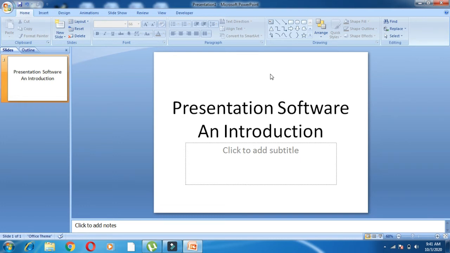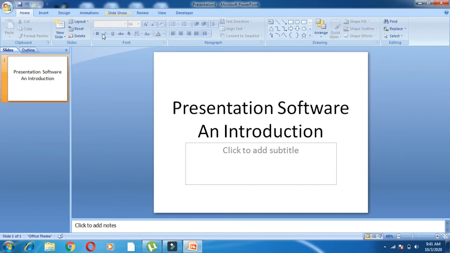So children, now let us go through the screen elements. At the top here, you can see Presentation1 - Microsoft PowerPoint. This is known as the title bar. It displays the name of the presentation. By default, the name is Presentation1. We can change it also. When you save, if you give any name, that name will appear in the title bar.